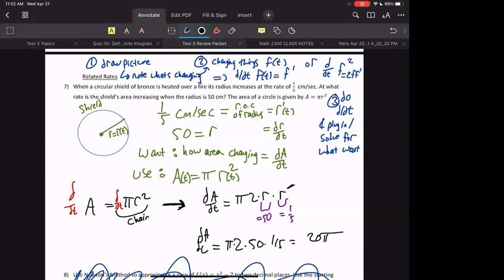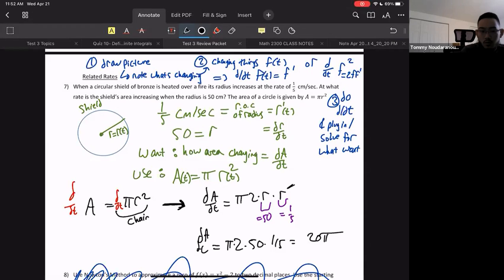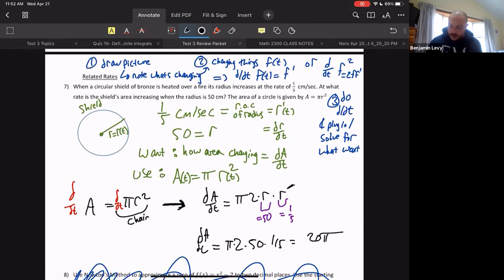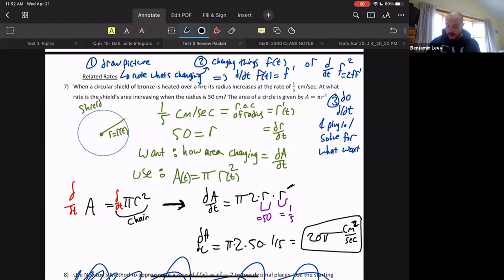Why is it pi times 2 instead of 2 pi? Same thing. We pulled the pi out front when we did the derivative, and so I'm just carrying forward with that. Okay. And is the 20 pi centimeters per second, right? It would be centimeters per second. No, it's area, so it would be centimeters squared per second. Oh yeah, centimeters squared. Yeah, cool. Cubed, actually. No, squared, because it's a two-dimensional thing.